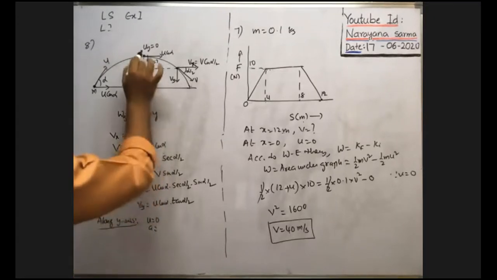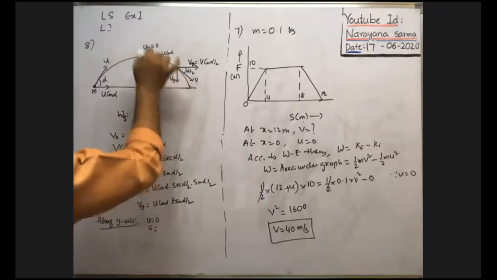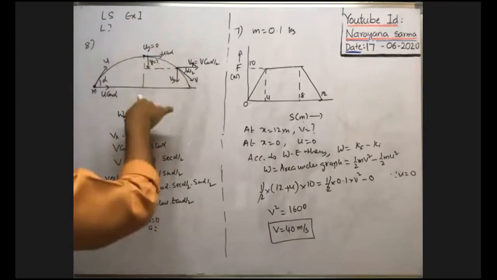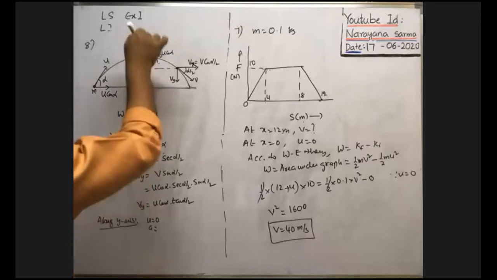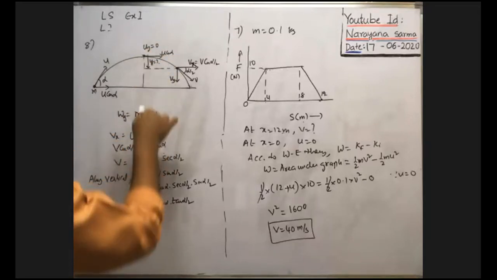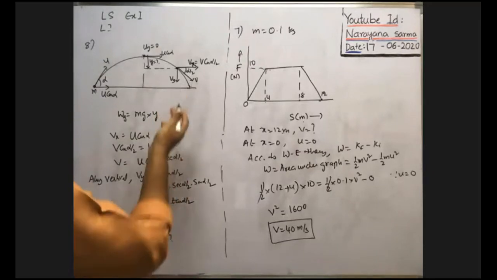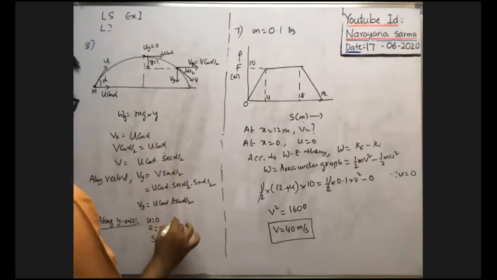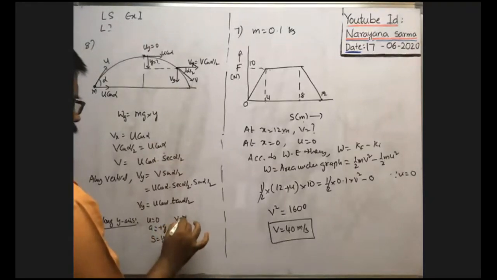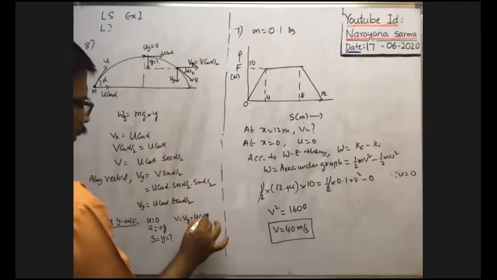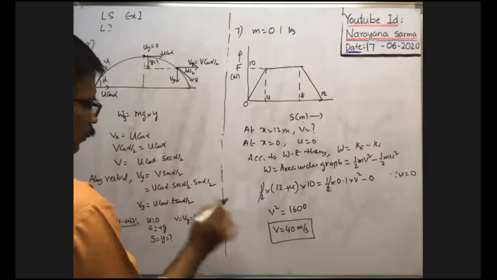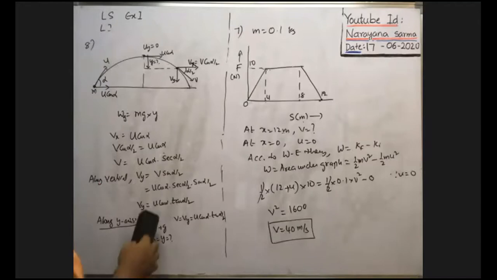Acceleration. Whenever the body comes from this position to this position, the acceleration acting on the body is vertically downwards only. The body is also coming vertically downwards. That's why acceleration is plus g only. Displacement s, we have to calculate y, that is equal to question mark. If you know the displacement, you can calculate the work done. And the final velocity along the vertical direction, v is equal to vy, that is equal to u cos alpha into tan alpha by 2. Now what is the relation among these four?